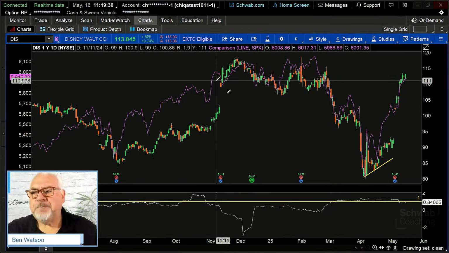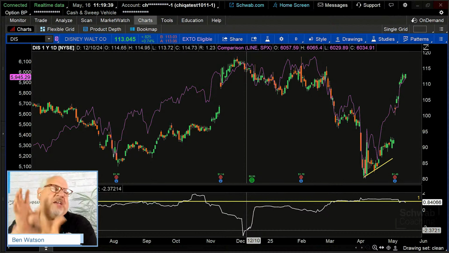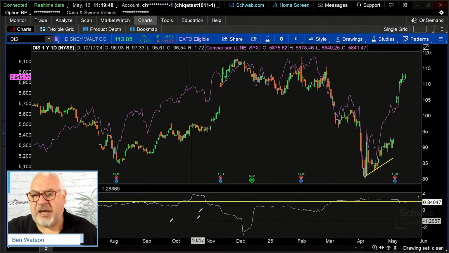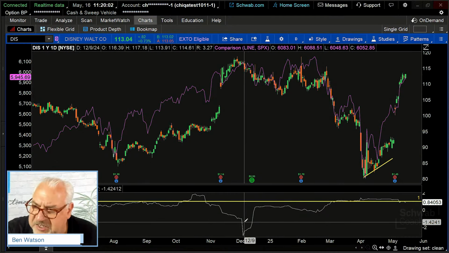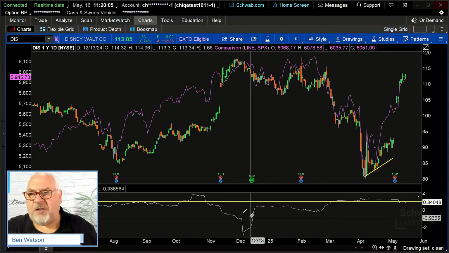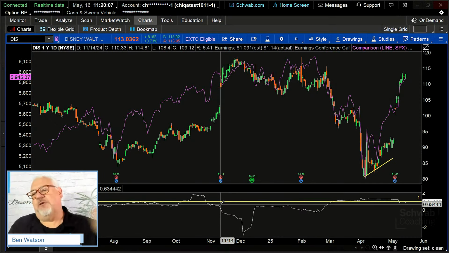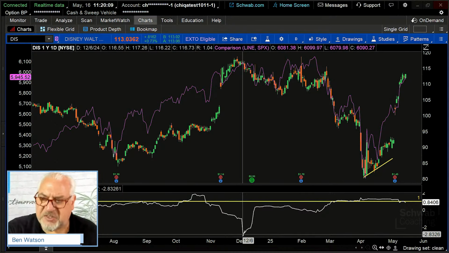So the overall volatility of the SPX was growing. Disney's volatility was staying kind of the same, but relative to the SPX, it was falling off, because it's that relative relationship. So if beta stays at that 1.0 level, that means those are staying fairly closely related to one another. But if the index, the SPX in this case, is getting more volatile and Disney's staying the same, well, that's why we might see something like this. Or if Disney's getting less volatile and the market's getting more volatile, that may also be the reason why we're seeing this.